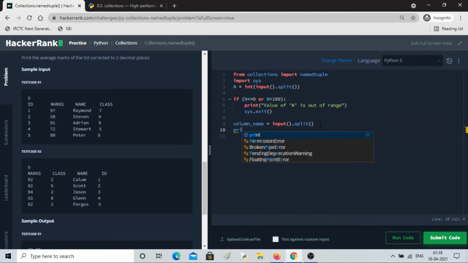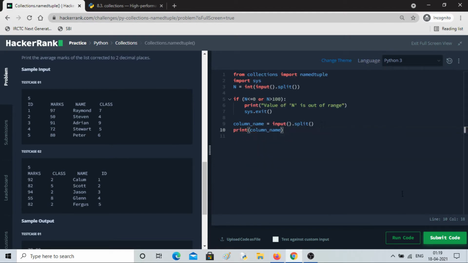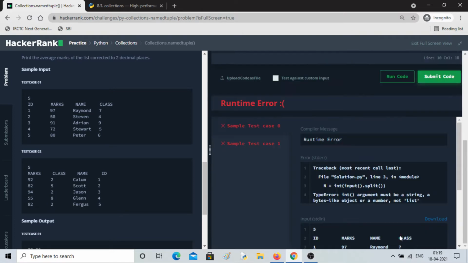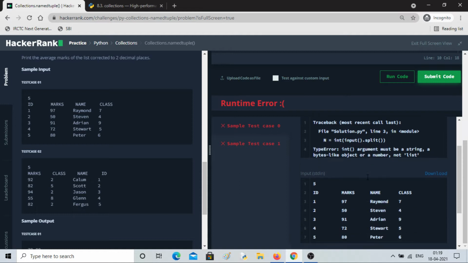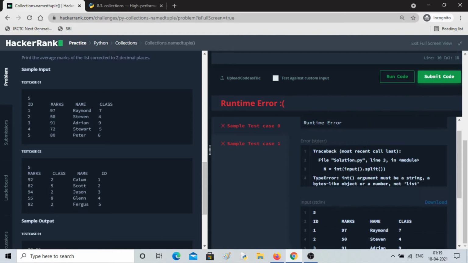So let me print this column name and run it. Downside you will see the output. Okay, the integer must be a string, input dot split.